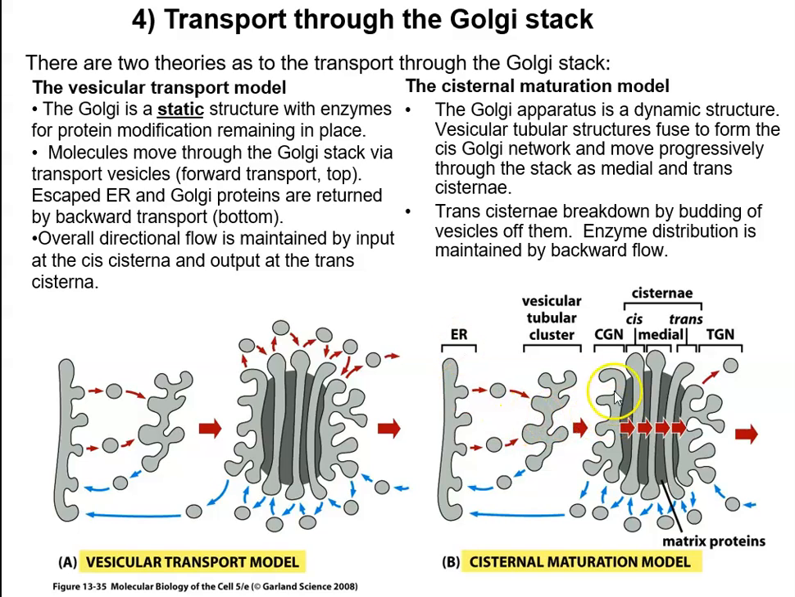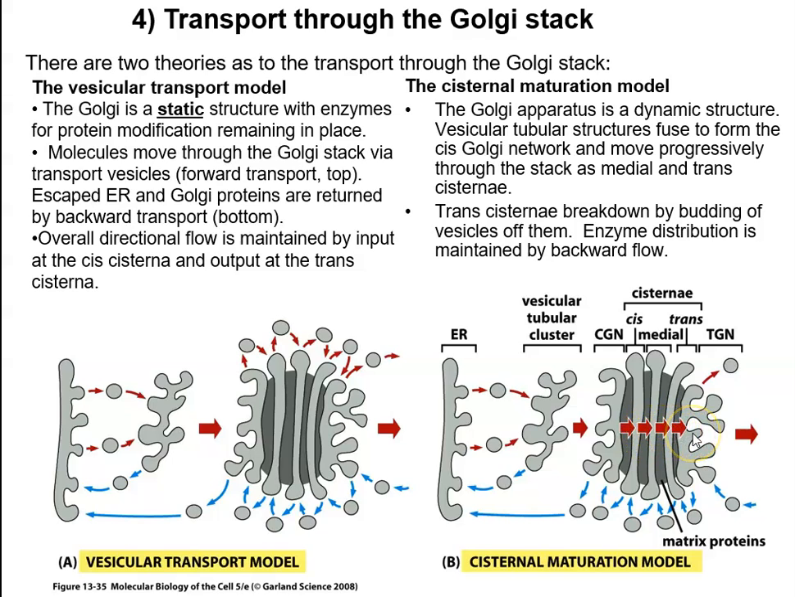On a much more long-term timescale, there's the cisternal maturation model, which says that rather than vesicles budding off and joining the next stack, the whole stacks slowly move in this direction and slowly mature. So the Cis Golgi Network becomes the first Golgi stack, and that becomes the next one, then the next one,